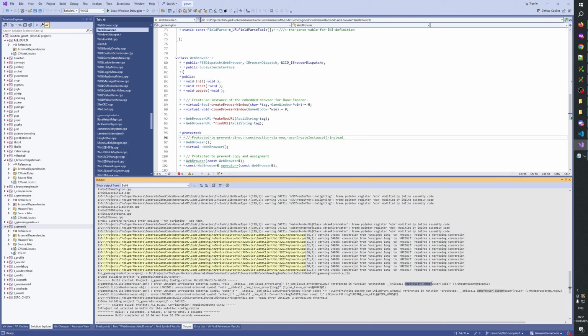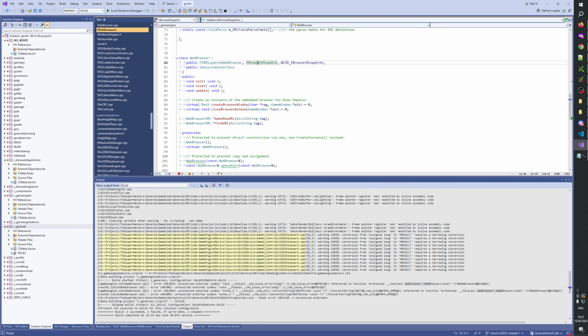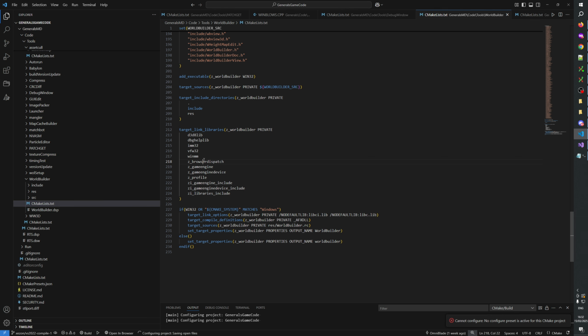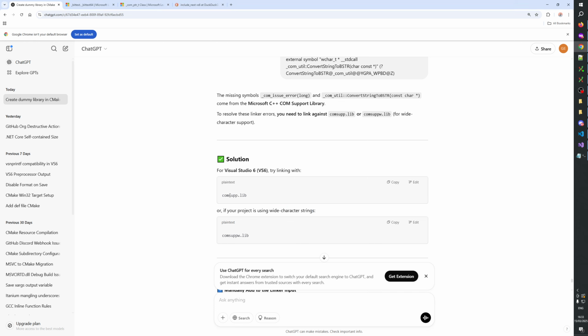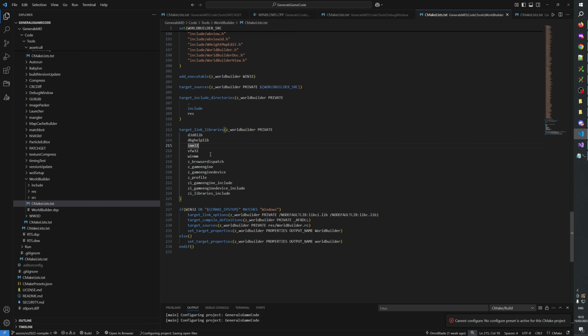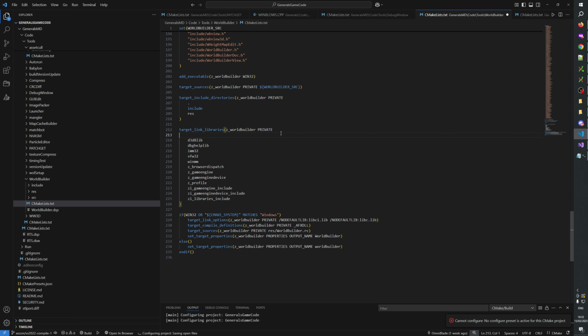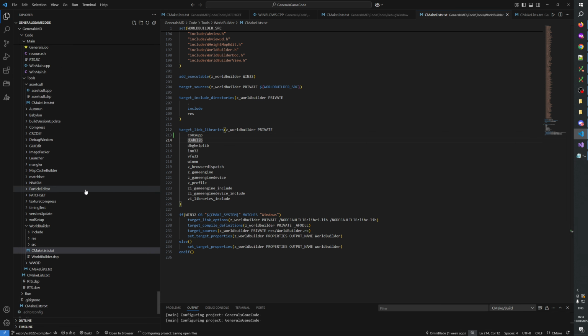Browser and web browser. Web browser uses browser dispatch. Browser dispatch. Yeah. So if we search here for browser dispatch, this one. Yeah, so what if we add this one there? Let's see what happens. Comsup to world builder,